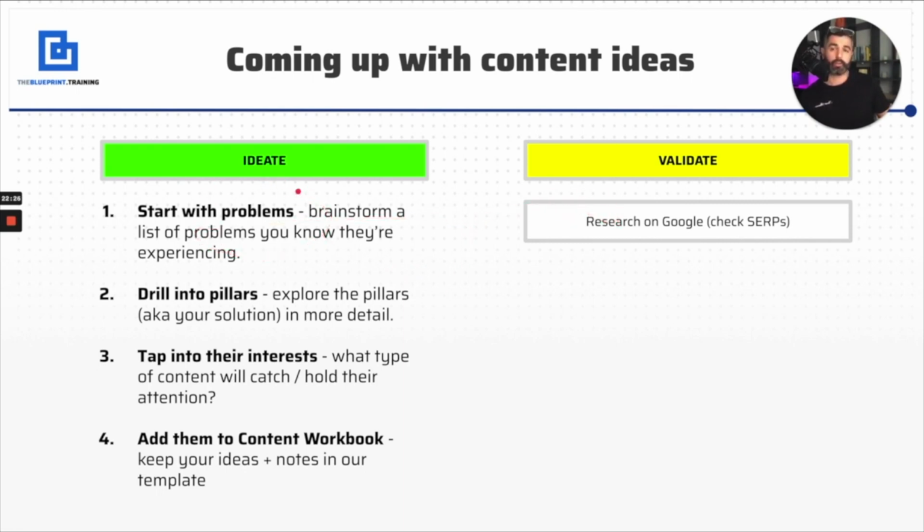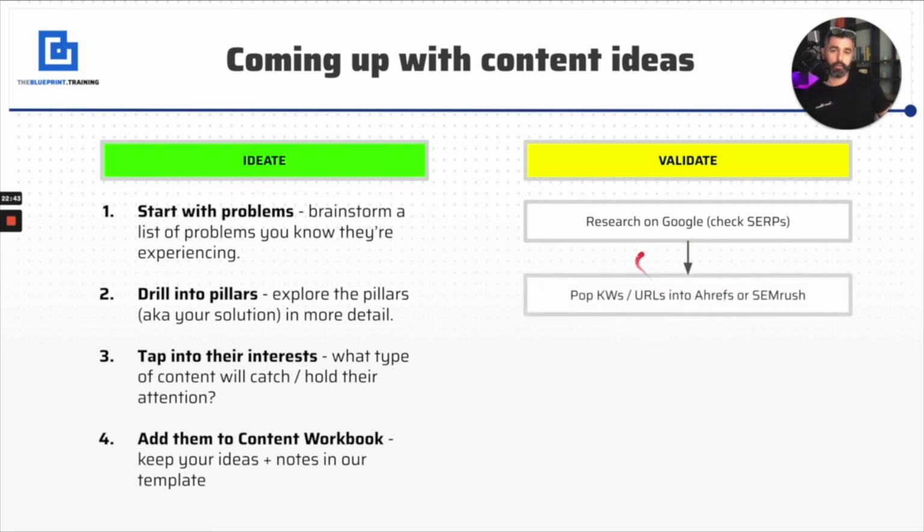The first thing I'll always do, when I come up with a topic like SEO versus PPC, is dump it into Google and see what's ranking, see what type of content is out there, just to make sure it matches up with what my strategy was, or to see if I have a unique opinion to add to it, something better. And also to check on the demand and volume.